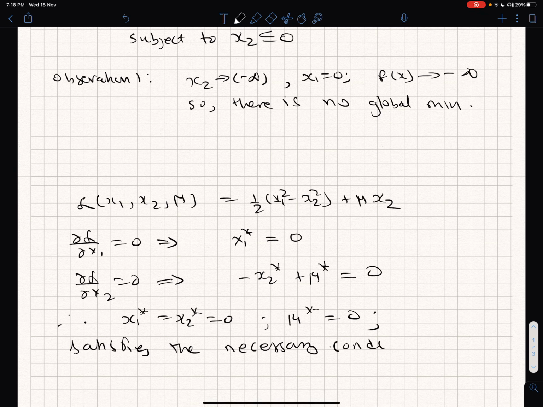Not just the necessary conditions, they satisfy the sufficiency conditions that we are discussing,